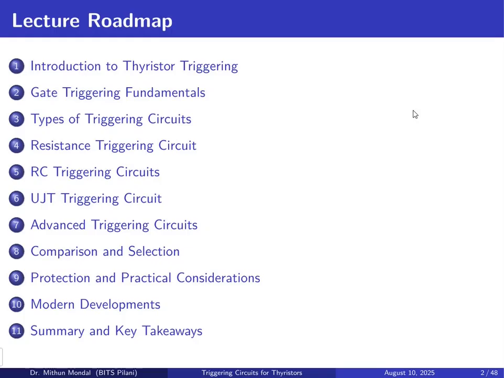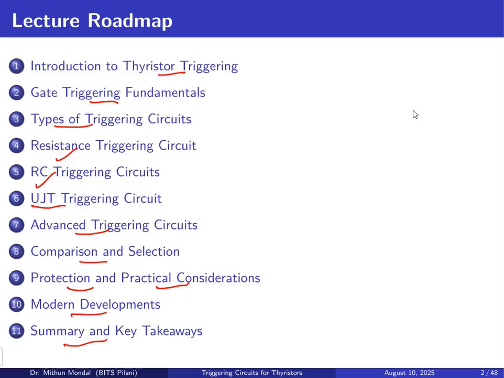First, we will introduce what thyristor triggering is, what the gate triggering method is, and the types of triggering circuits. We will focus on the resistance triggering circuit, the RC triggering, and a special type of triggering known as UJT triggering, and some advanced triggering circuits as well. We will compare and select the method which is suitable for a particular application. The protection and practical considerations we will also discuss, along with modern developments,